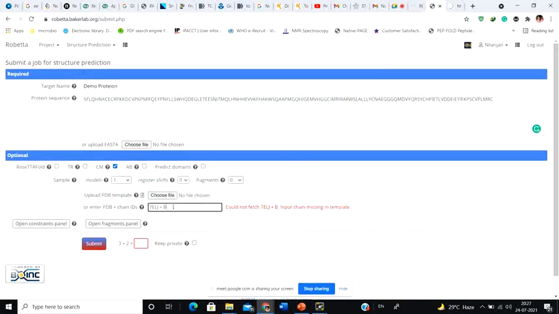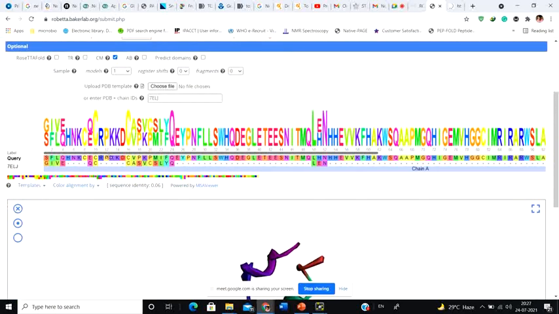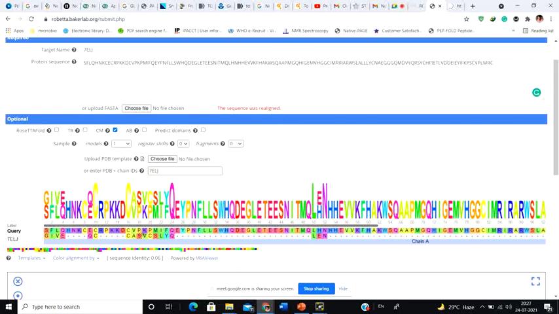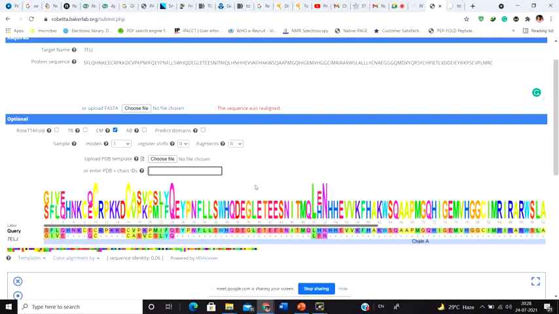So you see that this is highly accurate. If you don't have any chain, you don't have to write anything; you can simply write this and that will be enough. Once I uploaded the chain, it automatically uploaded that particular protein. So they are taking that template only, but you should only do that when you know for sure that this is your molecule and this is the template molecule. Based on this template, you are asking the server to solve the structure. If you are not sure whether your molecule has any homologue or not, you don't have to write anything.